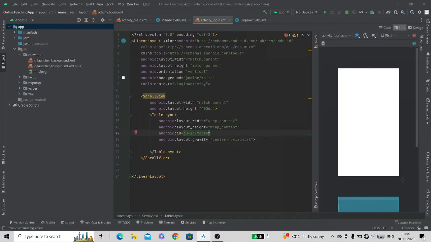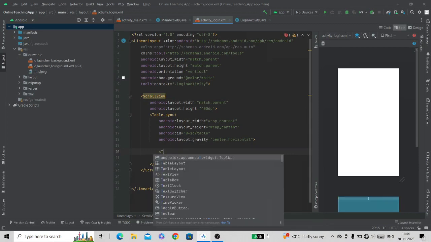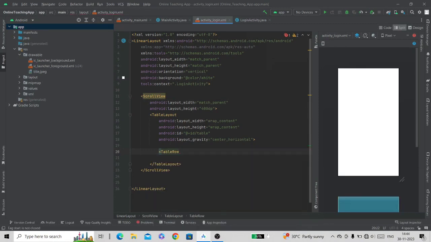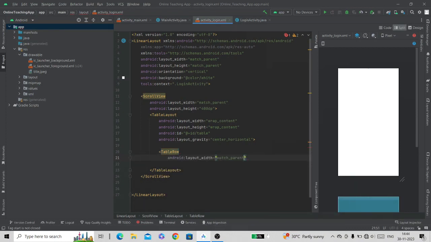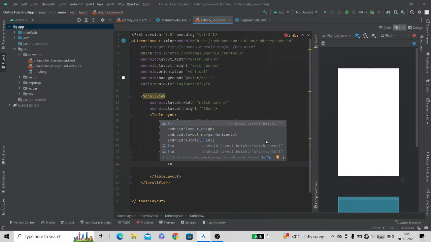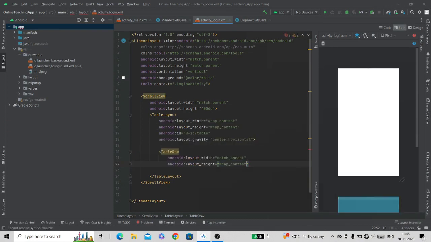Inside this table layout we can add rows using table row. Give the layout width to match parent and layout height to wrap content.